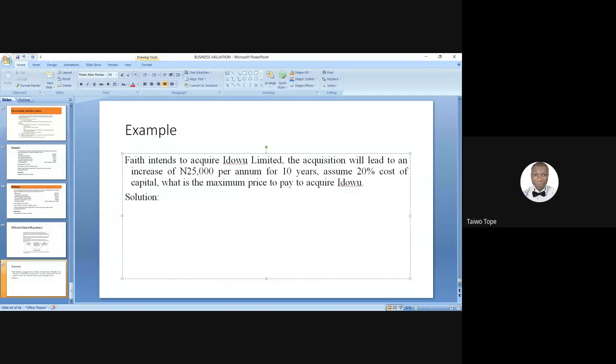The point is this. Let's say since the acquisition will lead to an increase of 25,000 naira, not just 25,000 naira now, but per annum, for how many years? For 10 years. The value of Idowu